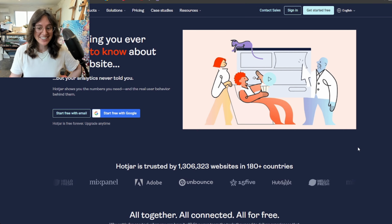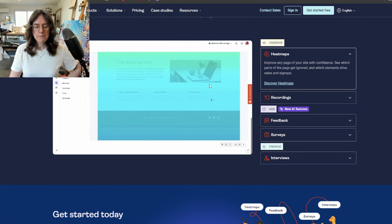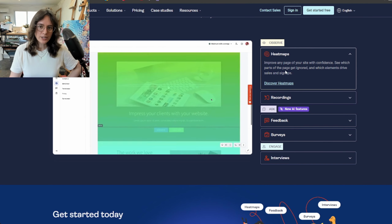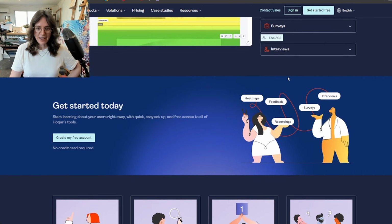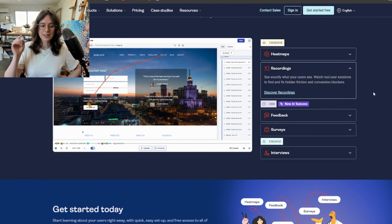Just like I've demonstrated, here we go. When you use Hotjar, you have heat maps. The heat maps show you in rainbow form, which I appreciate, how far people are scrolling down before they leave. And they show you the percentages of people where they leave. Fascinating, right? You can learn about recordings, so you can see where people are clicking, how people are entering information